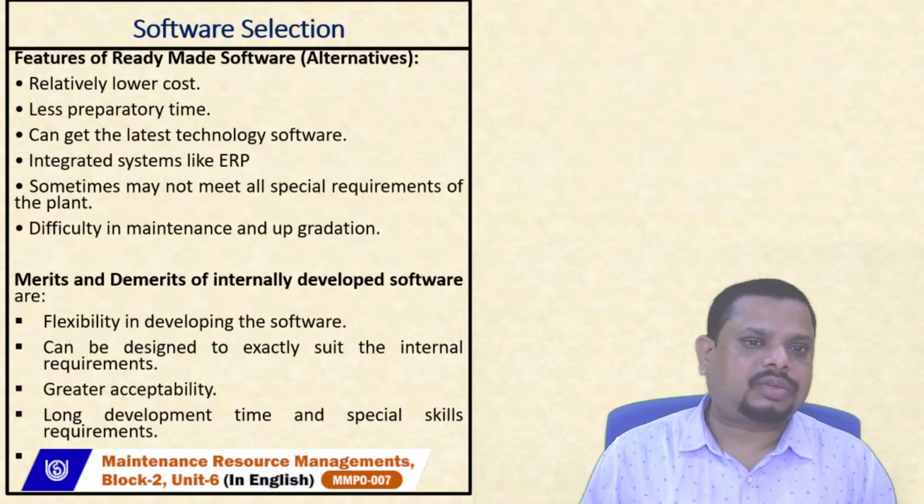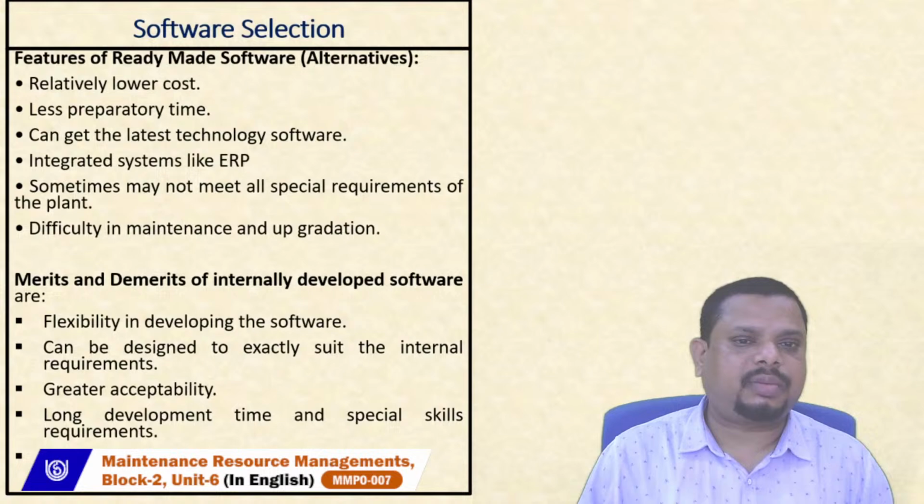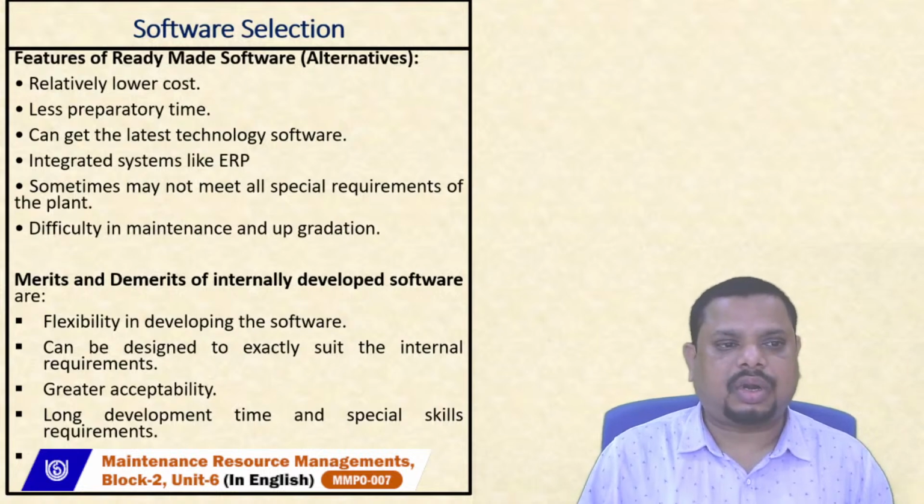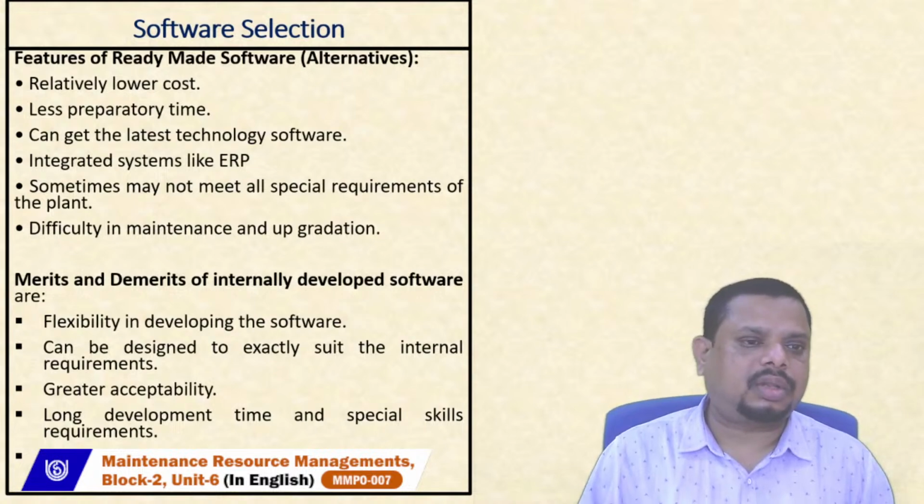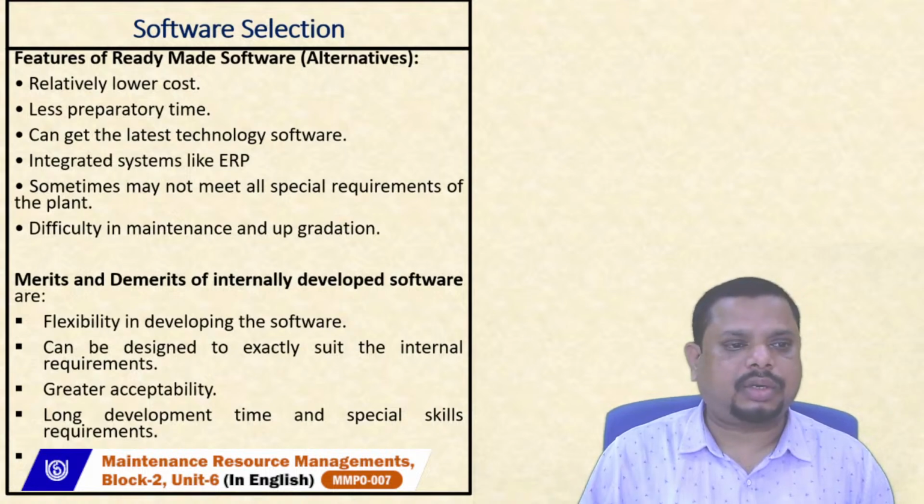The next one we have is software selection. So first we have to understand the features of ready-made software or you can use alternative software. The software may be relatively lower cost, with less preparatory time required, for example installation, then commissioning, then running the software. You can get the latest technology software, integrated systems like ERP can be introduced, and sometimes it may not meet all requirements